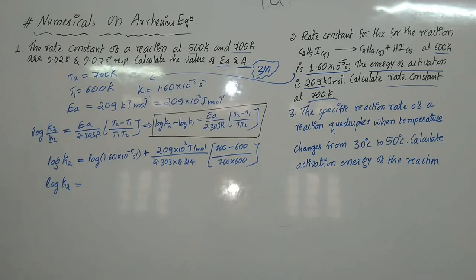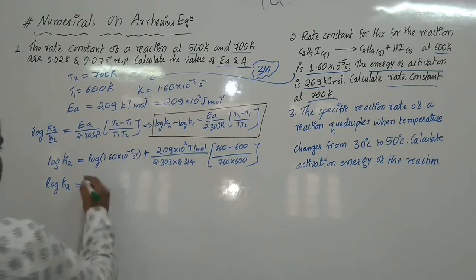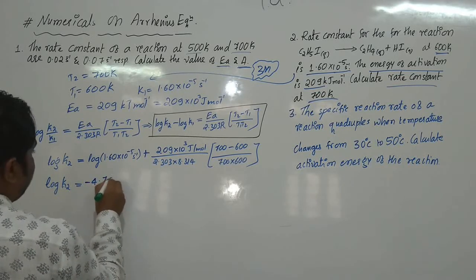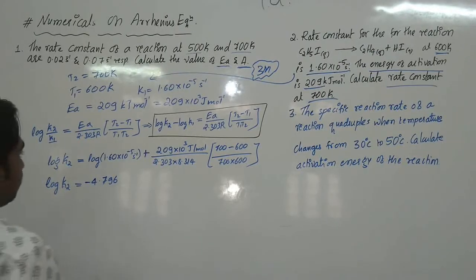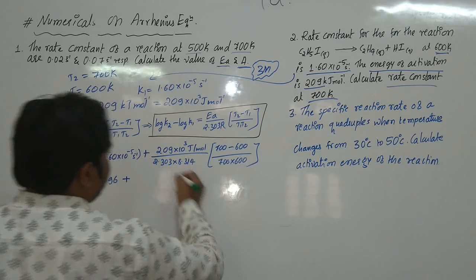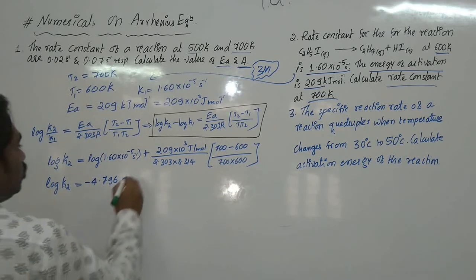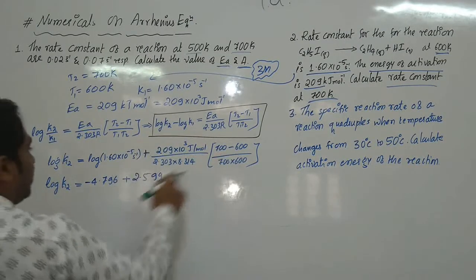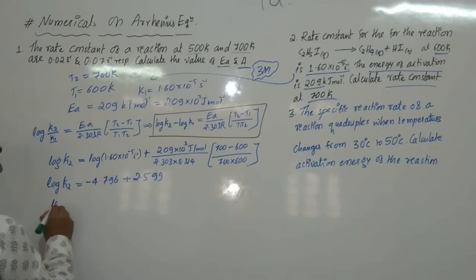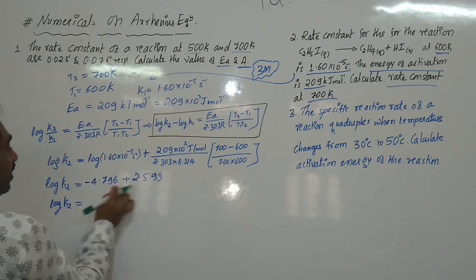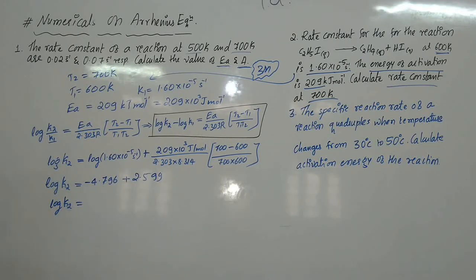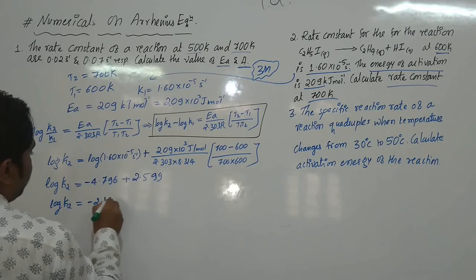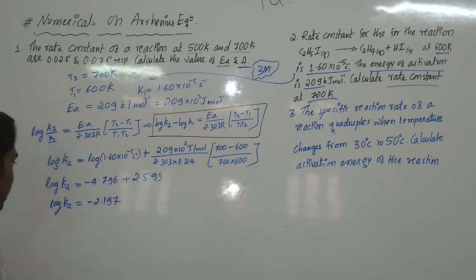So what is the value of 1.60 into 10 to the power minus 5? The value comes out to be minus 4.796 plus, when we solve all this mathematically, what I am going to get is 2.599. So log of K2 is equal to minus 4.796 plus 2.599, that remains minus 2.197. K2 is equal to